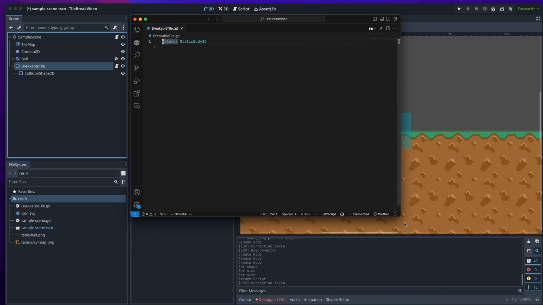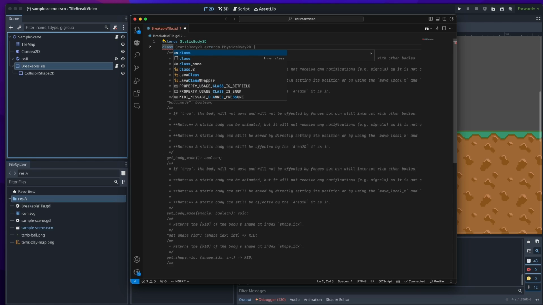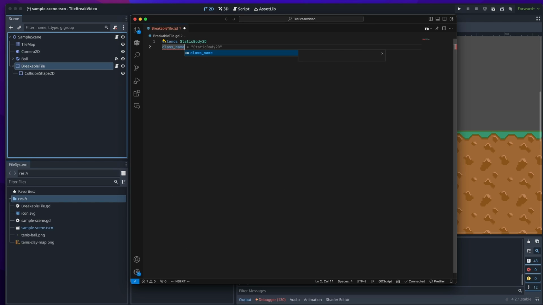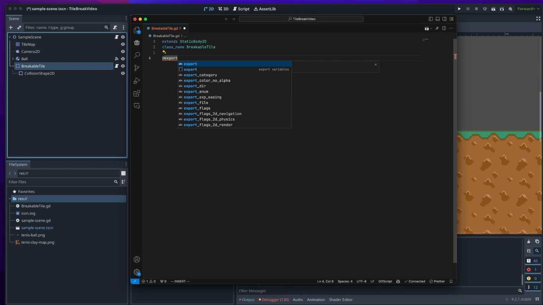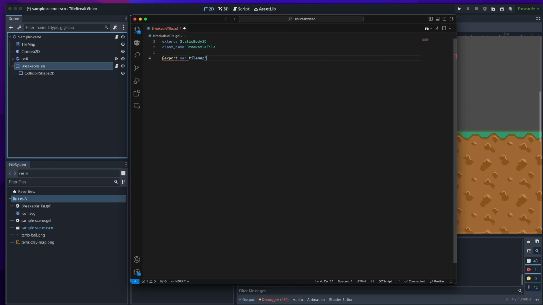So I have the script, right? So I will add a class name here. Class name, and then just same name. Breakable tile. Right, breakable tile. One thing here now, you're gonna do an export, and this export here, you're gonna receive your tile map, right? So export tile